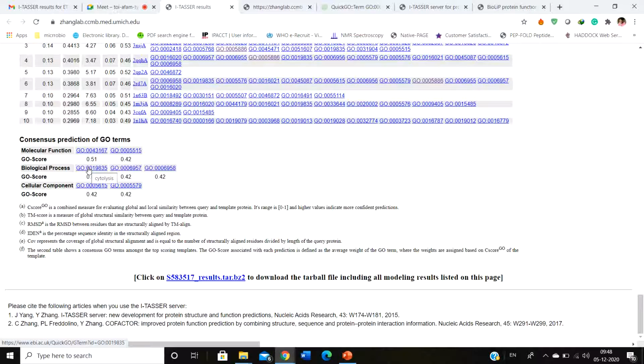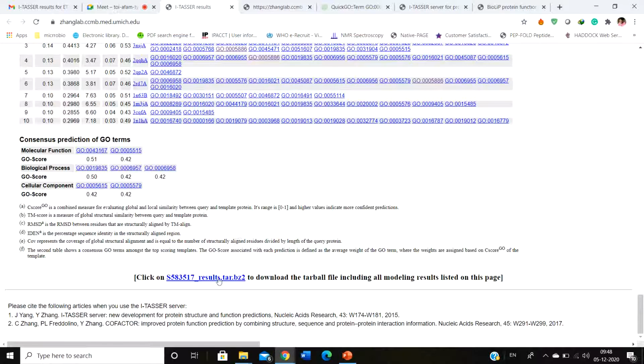And about the biological function, it says it is cytolysis, but it does not carry out cytolysis. Yes, it carries out complement activation by the alternative pathway. And I taught you about, oh no, that was a different course, yes. That was the immunology course that I was teaching. I taught this whole complement pathway and all. And in the cellular component, this actually belongs to the cellular space, and it is a part of the membrane attack complex that they can predict.